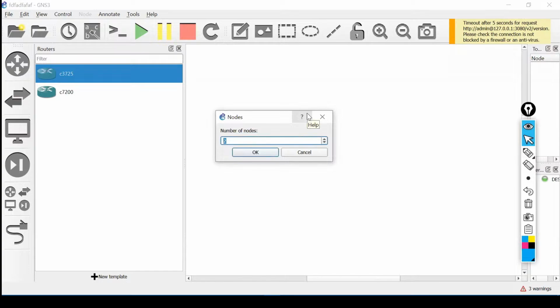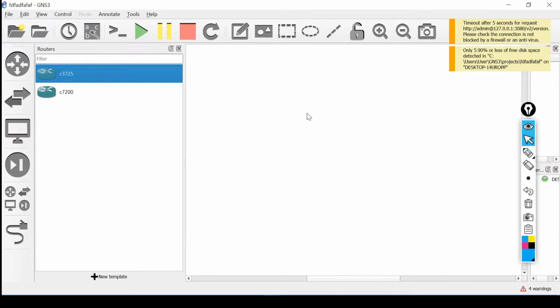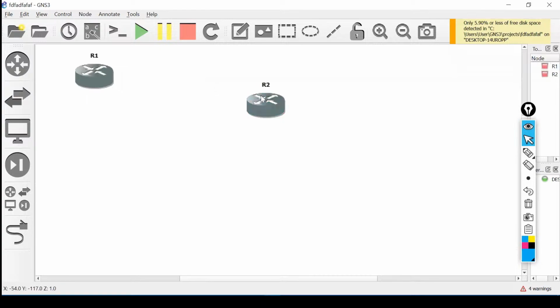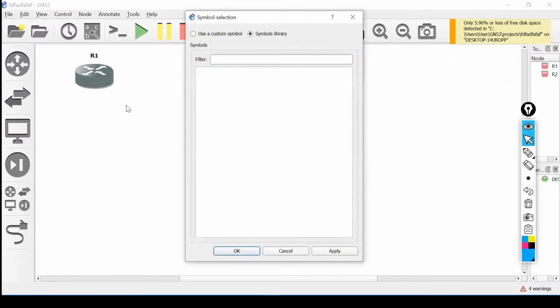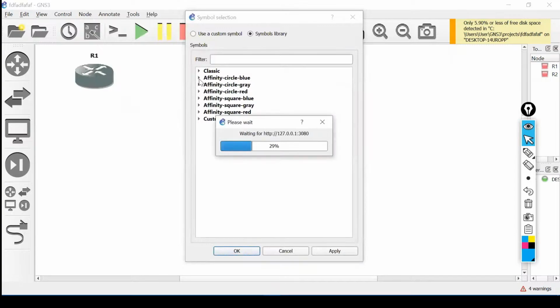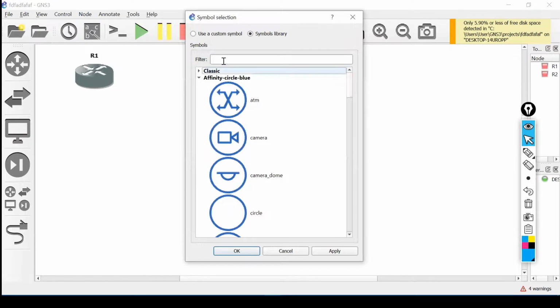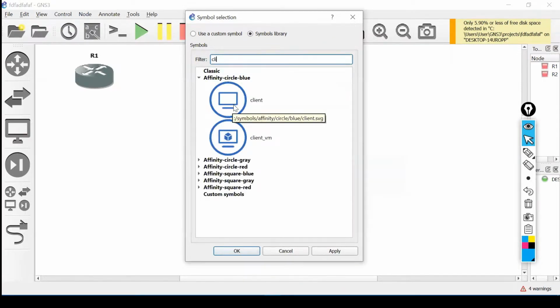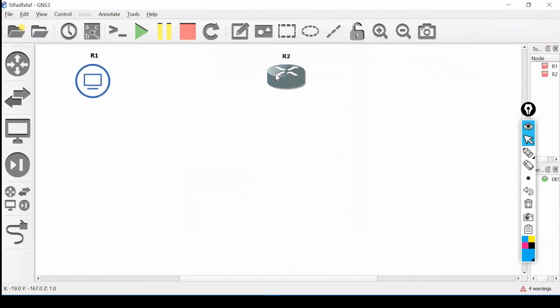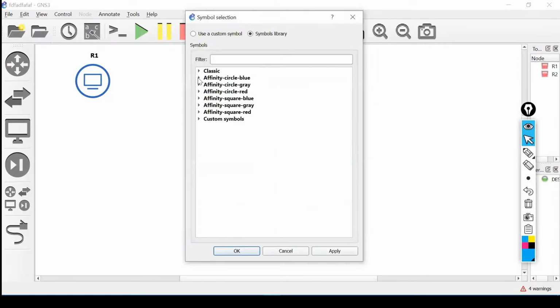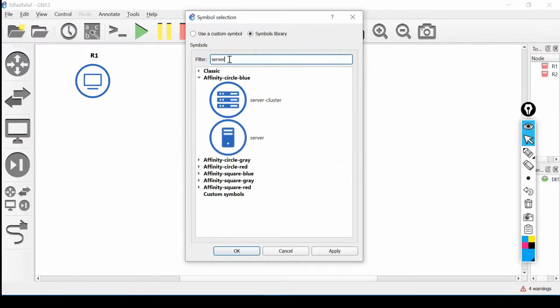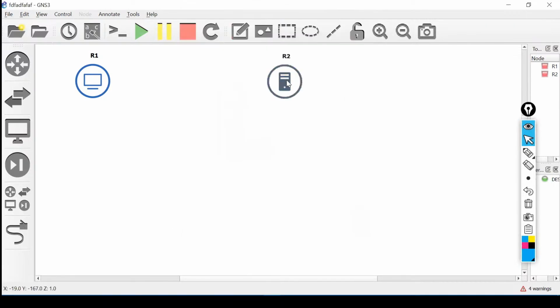I'm just taking two routers right now, and I'm going to make this one a client, and this one a client, and I'm going to make this one the server. All done.